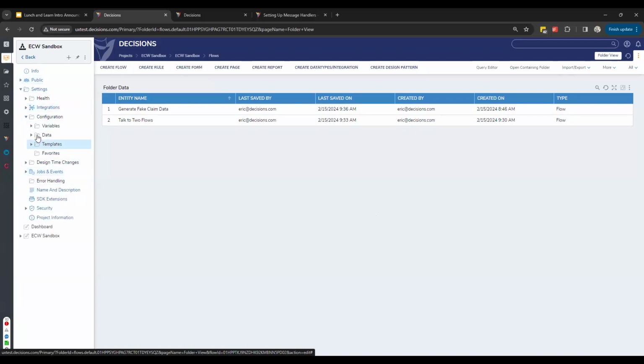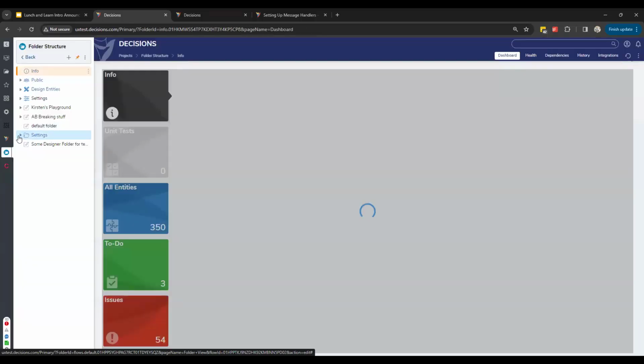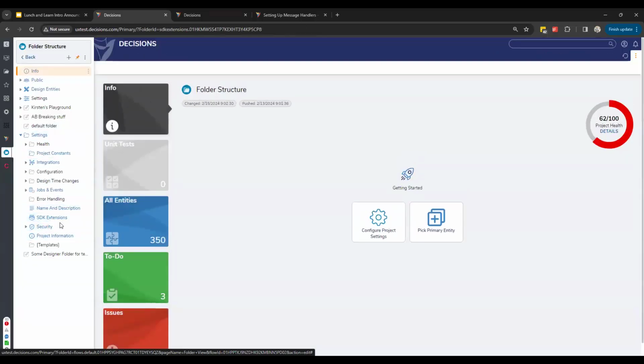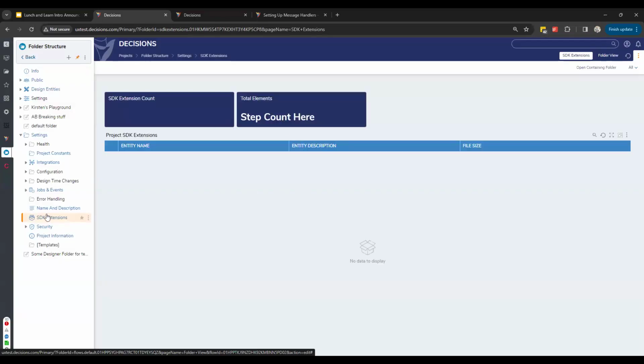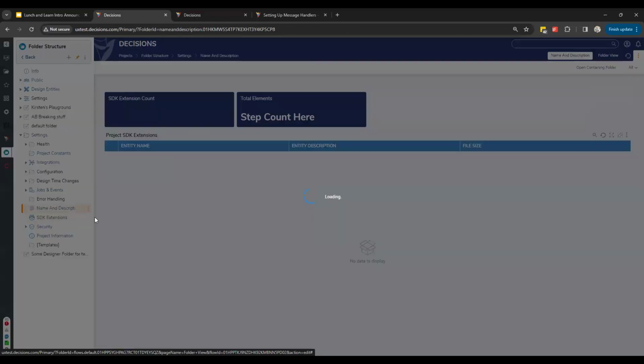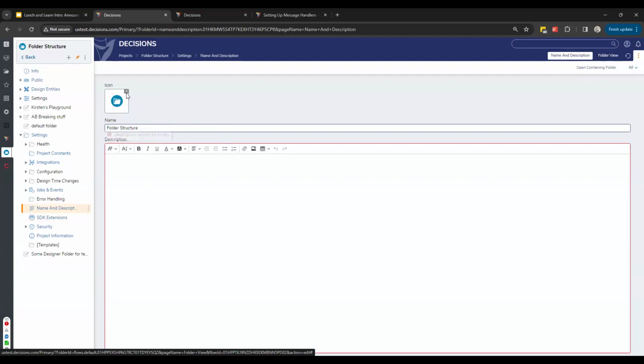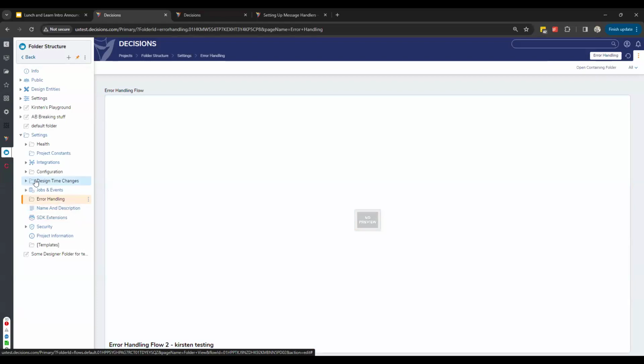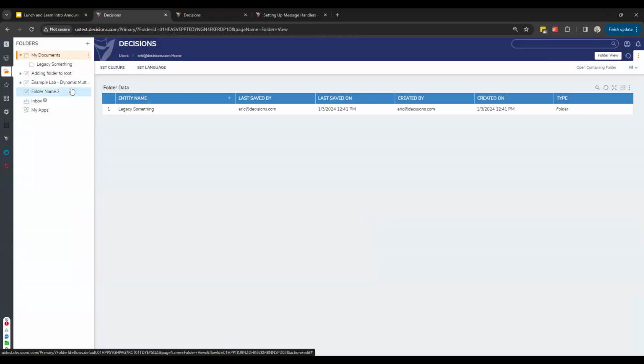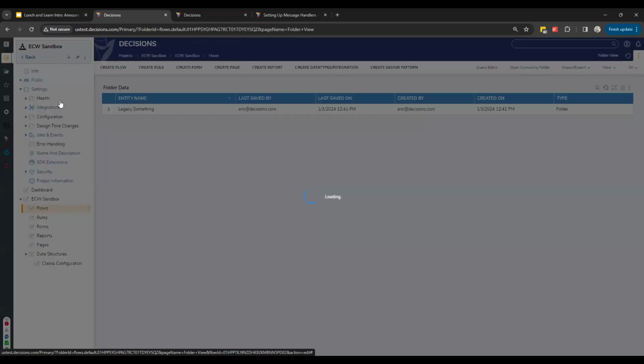Now, ignore the coloring and things. This is an in progress project. A much better example of it will actually be down here. Oh, I guess I just upgraded. Never mind. But each of these are going to have their own dashboards. They're going to have the ability to come in and change the icon and folder name. I can come run error handling and set that up globally across the project. So all of that you'll find specific to the project itself.